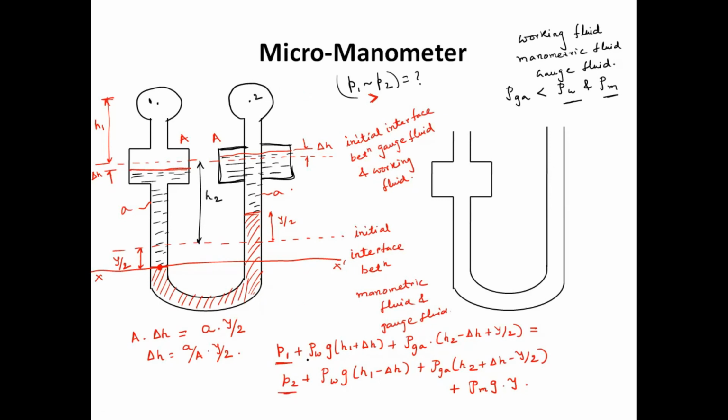From these two terms, from the gauge fluid, rho gauge into h2 into g. Here it will be g, so this first term will be cancelled out. The remaining part will be here. So you can write it down in this way, that rho GA